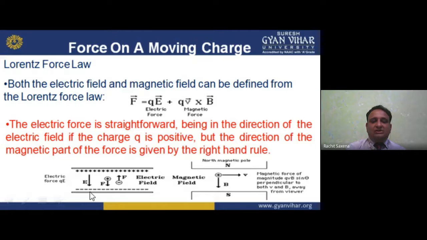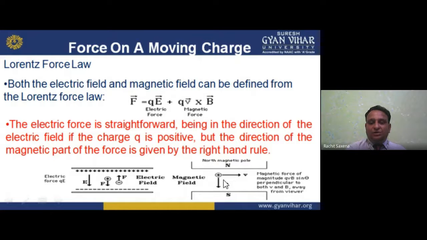Electric charge Q is applicable here, and that is the force. The force is parallel to the field, and negative this time. It is electrical. But if I'm talking about the magnetic field, that is the magnetic circuit, the field which we are using for the magnetic purpose. Here the north magnetic pole is represented, B is the magnetic field, and v is the velocity of charge, and S is the south pole.